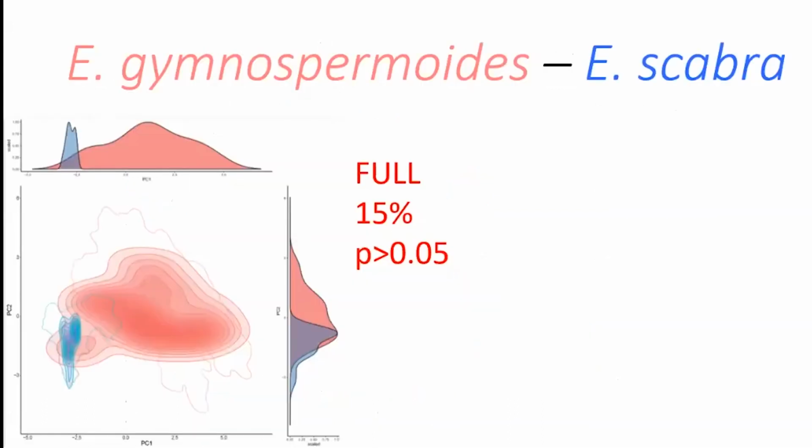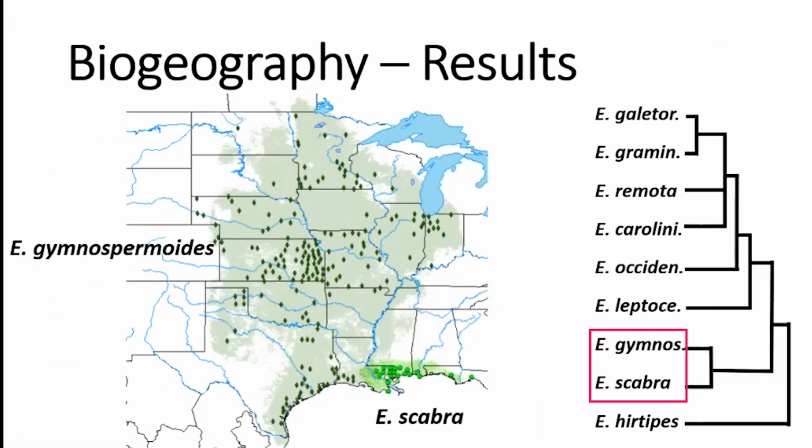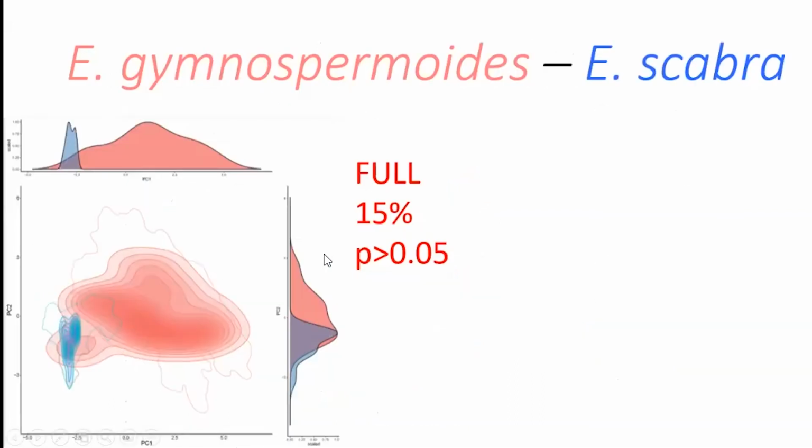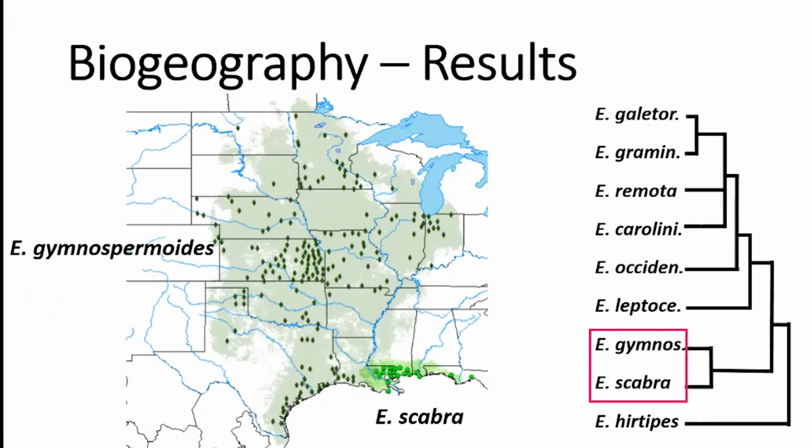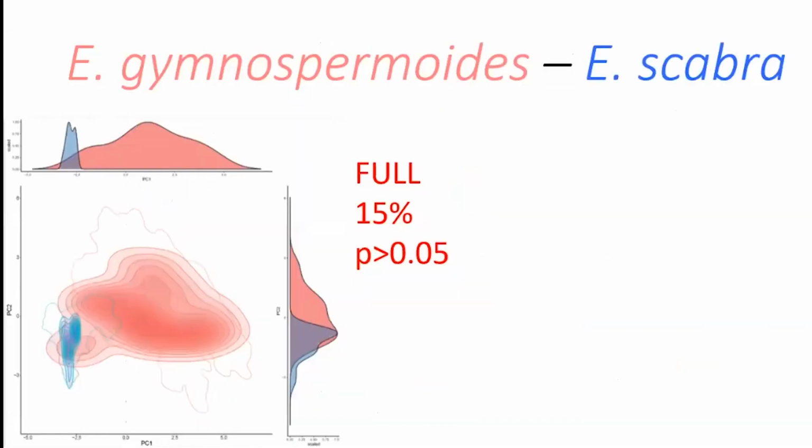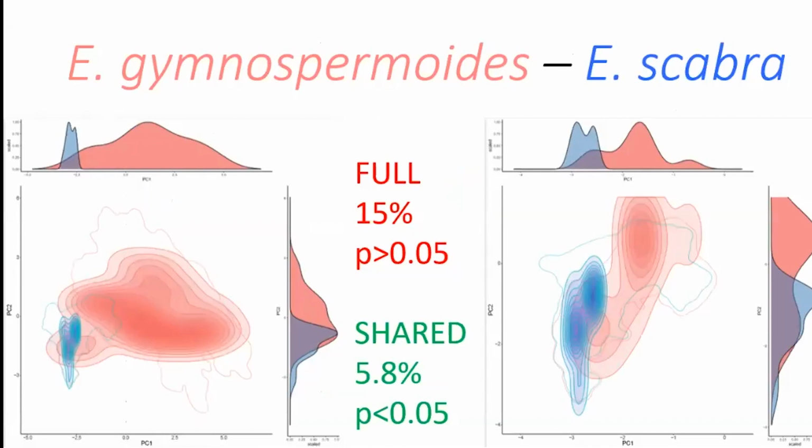And I think because of this, the niche overlap test for their entire niches is not significantly different, largely because you have two coastal areas here that the species inhabit, even though there's all this continental space. However, if we look at the divergence test, so looking just at essentially this part of Texas, Louisiana, up to Georgia, they are allopatric, and the environmental conditions on either side of the Mississippi seem to be relatively different, or seem to be a barrier for a lot of Euthamia to get across. And I think that's why those two coastal areas, just on a small scale, are different enough for these to